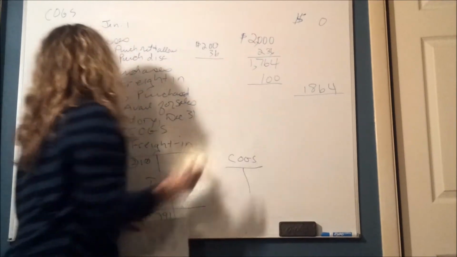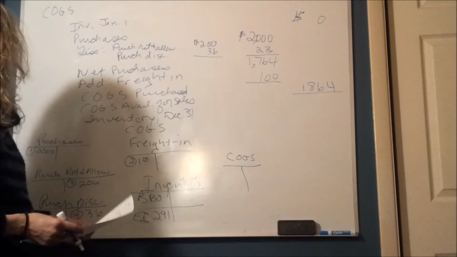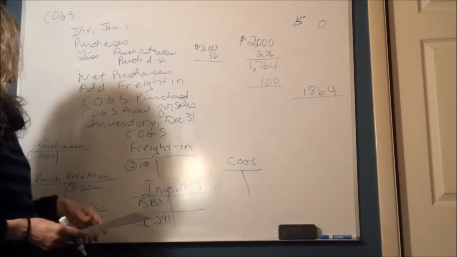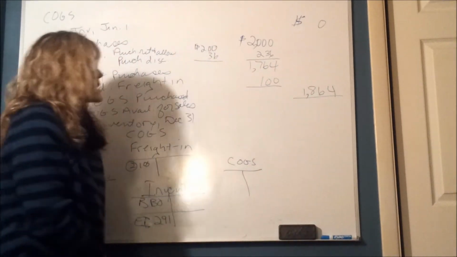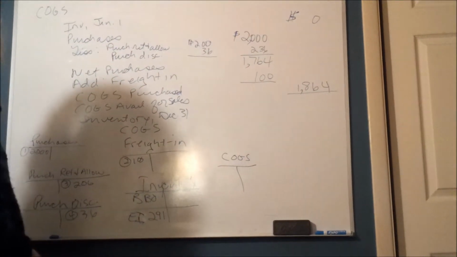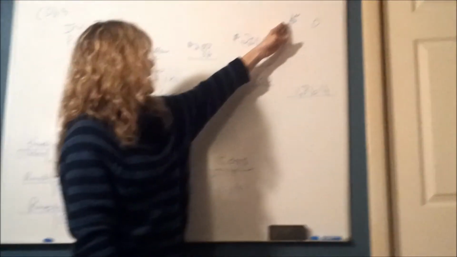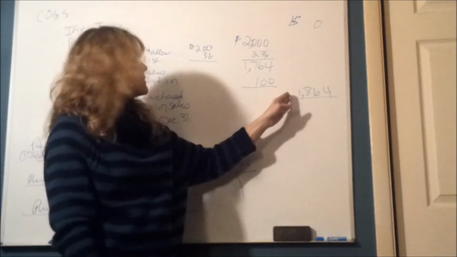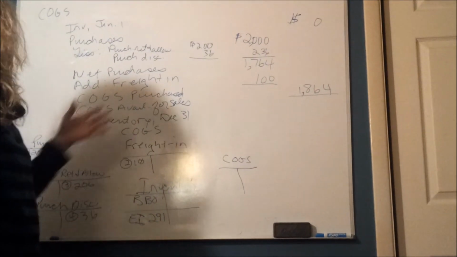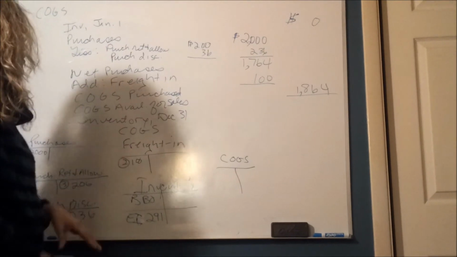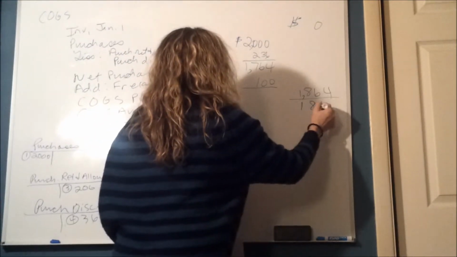The next thing we do is add our freight in. Our freight in is $100, and that gives us our cost of goods purchased. So our cost of goods purchased was $1,864 during the period. Normally you would take your beginning inventory and add it to your cost of goods purchased during the year. In our case, we have zero, so our cost of goods available for sale is the same amount,